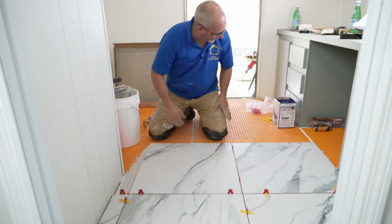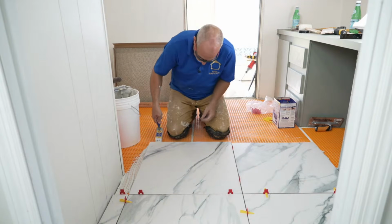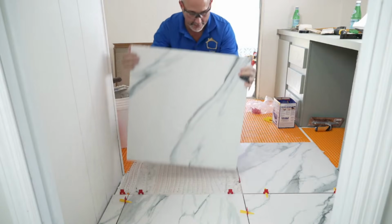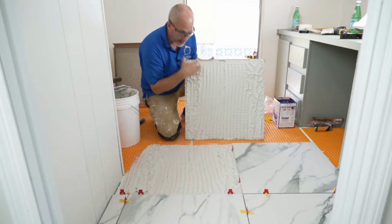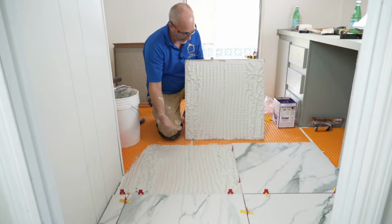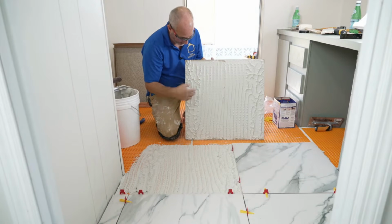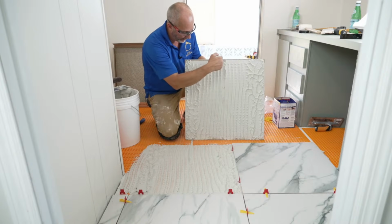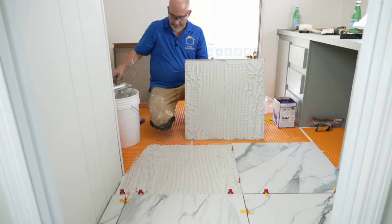And just so everybody at home can see, I'm going to pop this one off so you can see what it looks like on the backside. And then we'll do this all over again, just so that you guys can understand what good coverage is supposed to look like. Ooh, yummy. Okay. Now, this was smooth, right? And now I've got all these peaks all over the place where the cement bonded to the tile. Now, remember I told you this floor here has got a lot of movement. On this side, I had a better bond because it has that whipped cream look. Same with the other side. And this is more like a thin mountain range. Probably because this is lower than those two sides. Okay, so